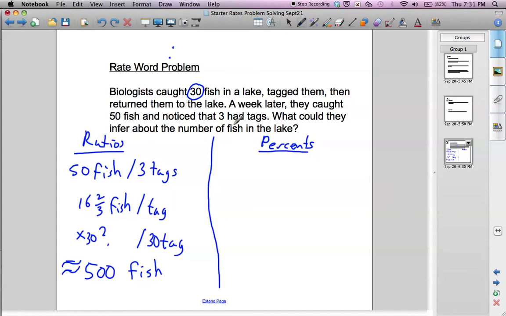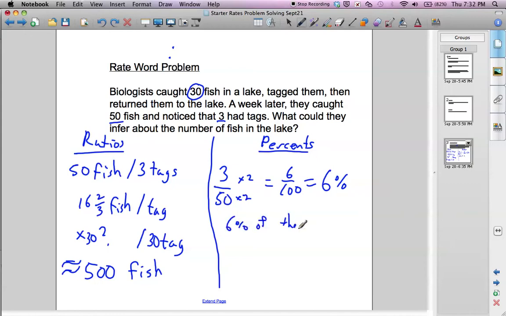So if they catch 3 out of 50 fish have tags, we can write 3 out of 50 and change that to a percent. So we multiply numerator and denominator by 2, we get 6 out of 100, which equals 6%. So in their catch, 6% of the fish have tags, and there are a total of 30 tagged fish in the lake. Okay, so we don't know how many fish at this point are in the lake, but we know that 6%